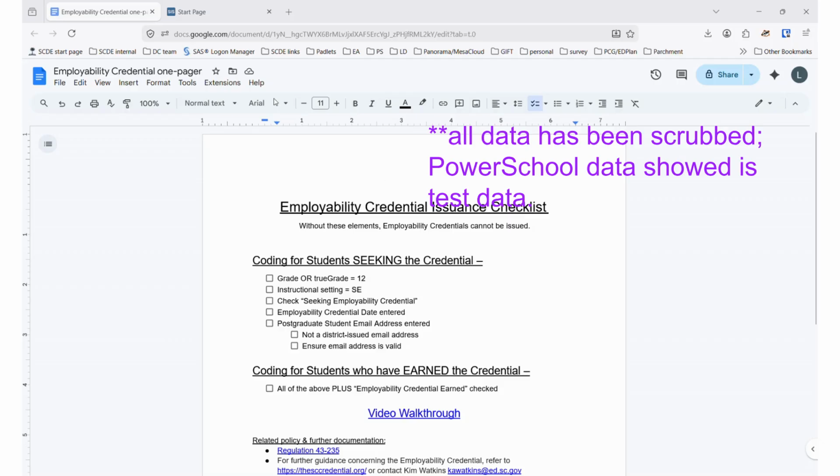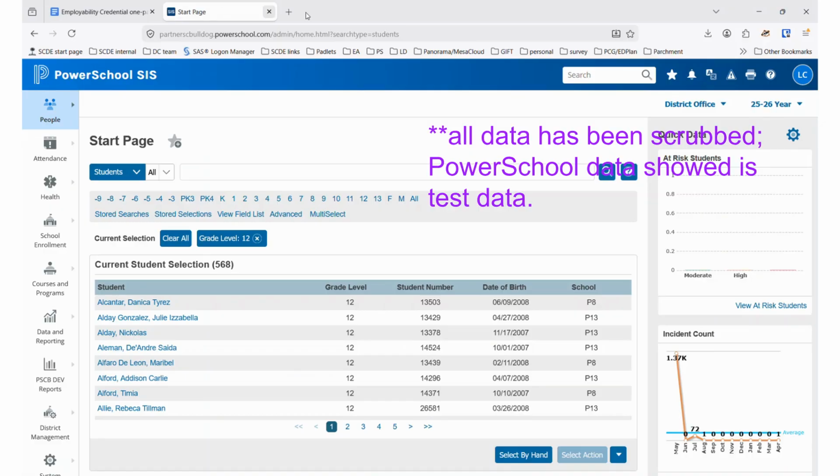So I'm going to go into PowerSchool now. I'm in the district office. It's fine if you're at the school. I'm in the current year, and I've already selected my 12th graders. You might be doing this for several different students. I'm just going to show you what it looks like for one student. So here's the student I've been working on,